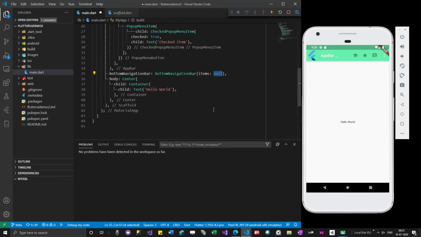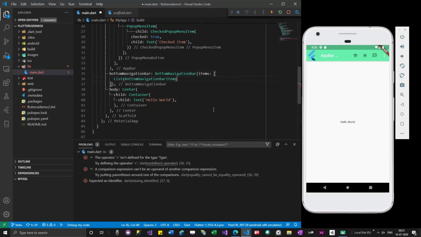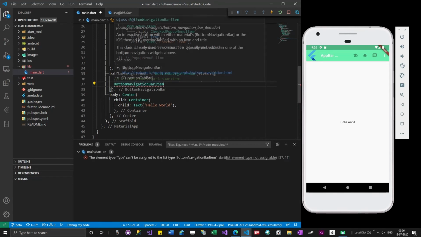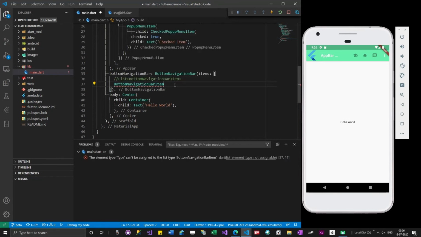So we have to use square brackets. Okay, and then I have to give some list of items. I'm just copying it, commenting it out there so that I can actually use this, and see what it has to offer. Okay, so I have just given initializing this class, and then I'm just checking the code section.